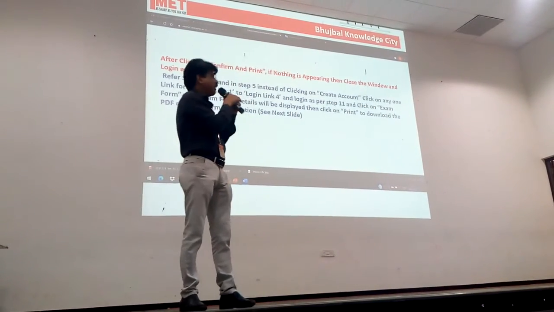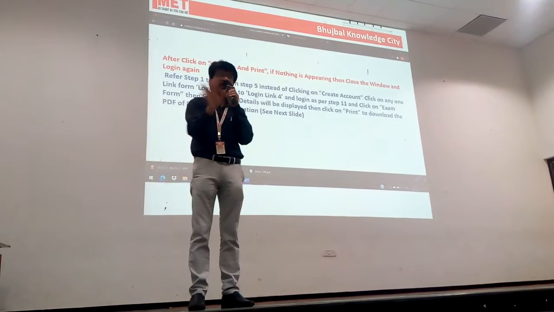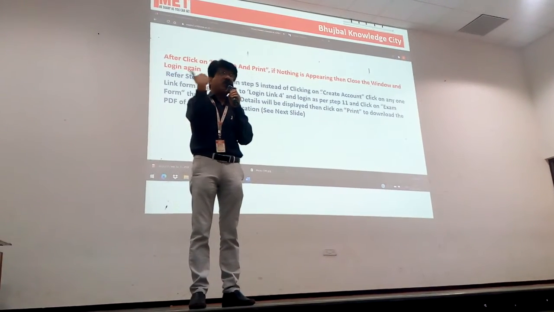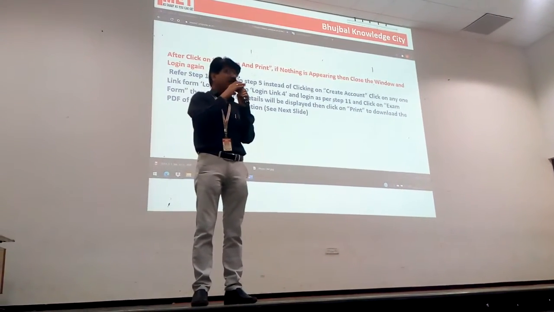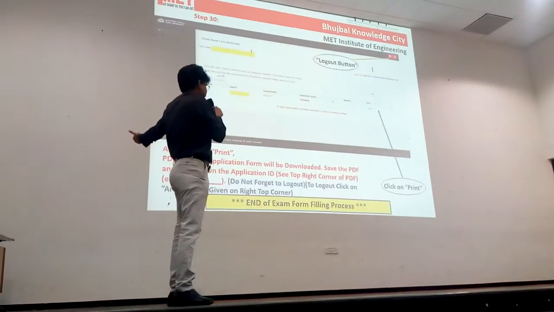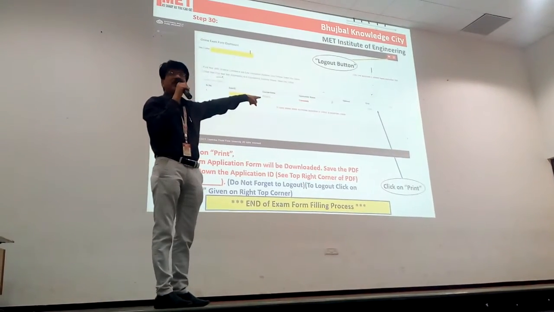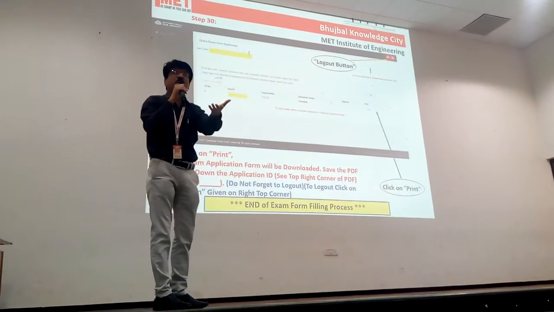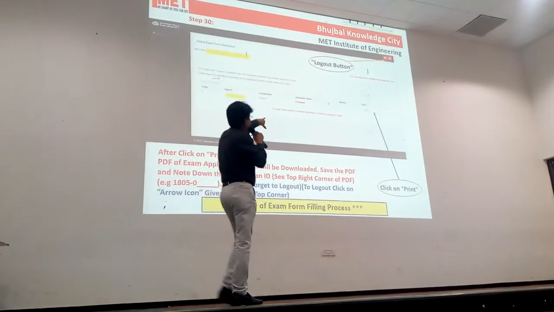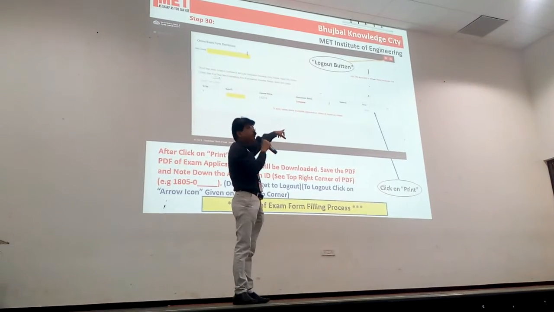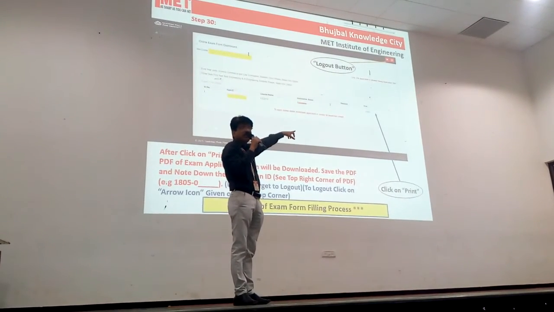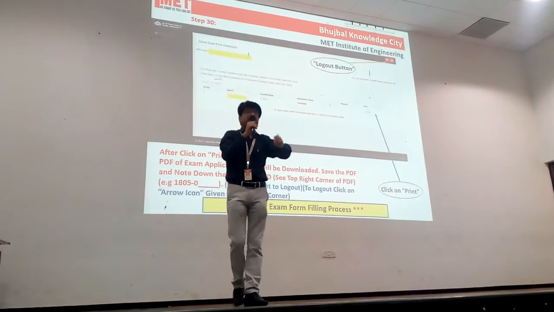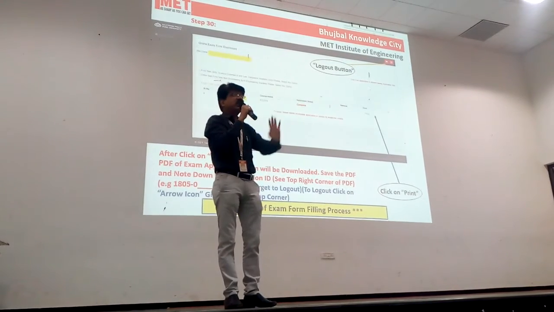Is it okay? And if in between, that PDF is not downloaded, just come out of this and log in again. When you log in, you will get this, because you have already filled up the form. That status will come. If you left in between, the status will be incomplete and you can remove that form from your login itself. But if it is completed, you are not authorized to delete your form.